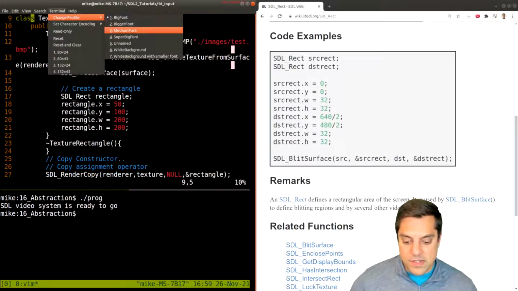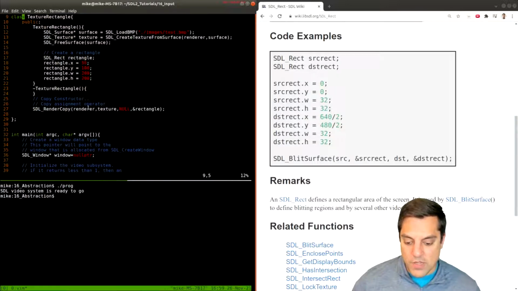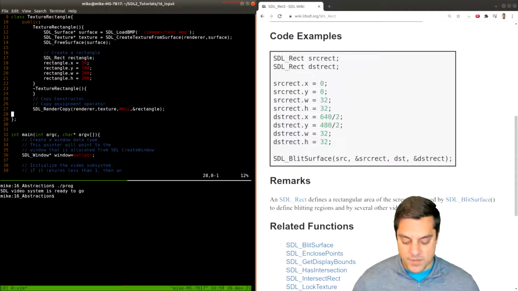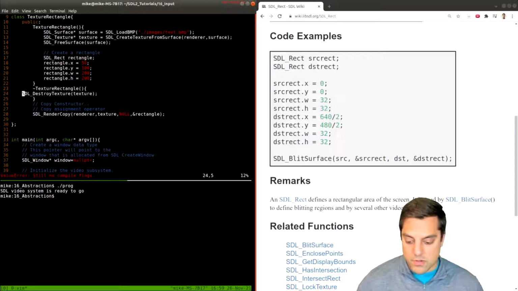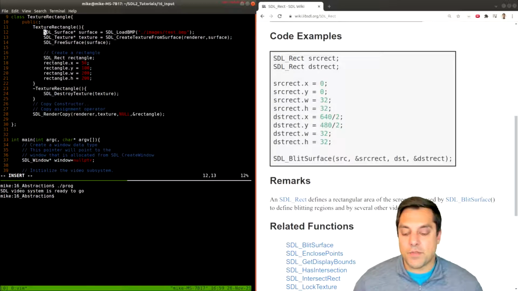I'm going to make this just slightly smaller here, just so you can see more of the code on the screen at the same time, so you can get an idea of the structure again. So, destroying the texture. That's probably part of our destructor here. And we do have to make a little bit of a decision here